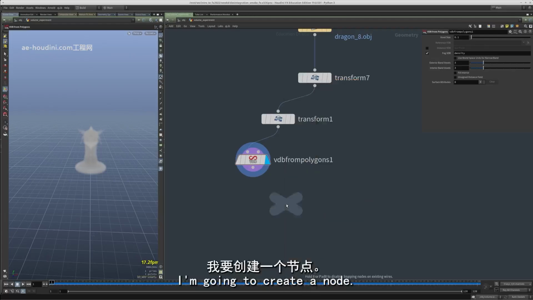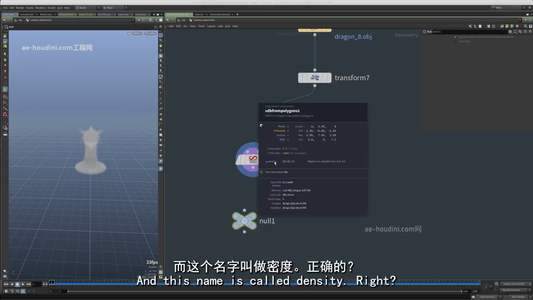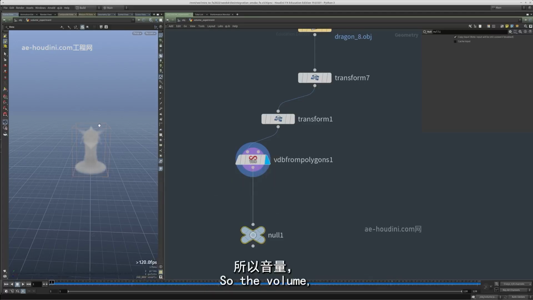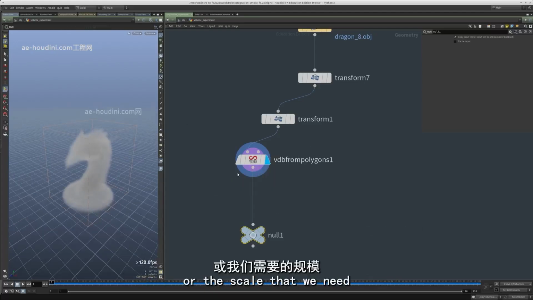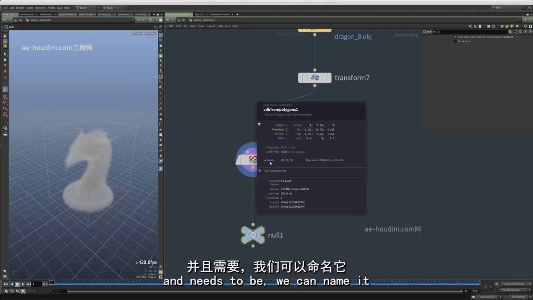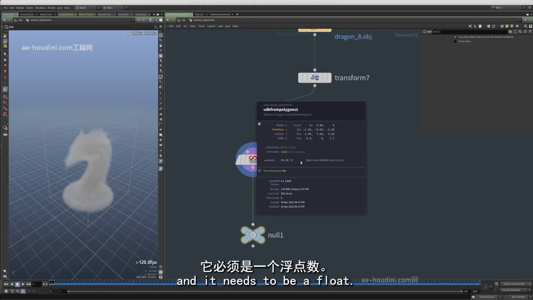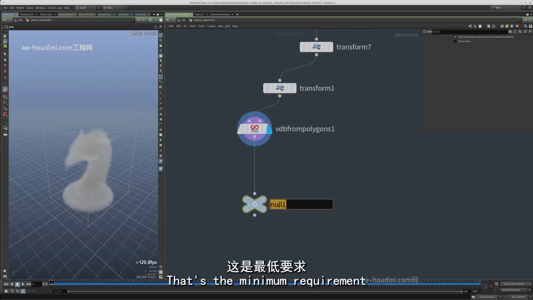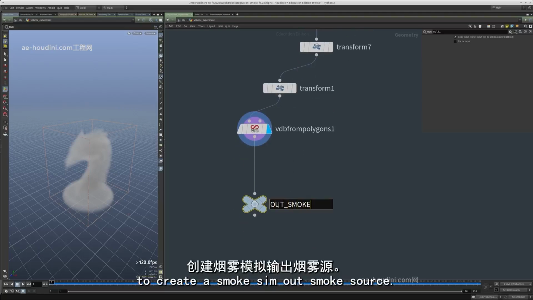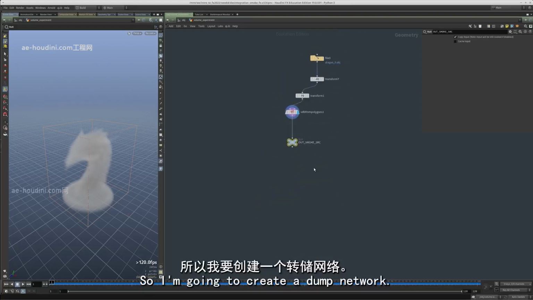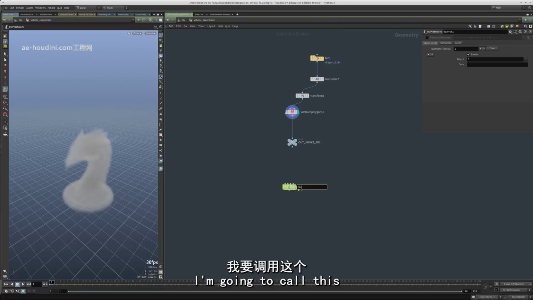I'm going to create a null, and this name is called density, right? So the main volume data, or the scalar field that we need, we can name it whatever we want, but the default in Houdini is density, and it needs to be a float. That's the minimum requirement to create a smoke sim. Out smoke source. I'm going to create a DOP network,